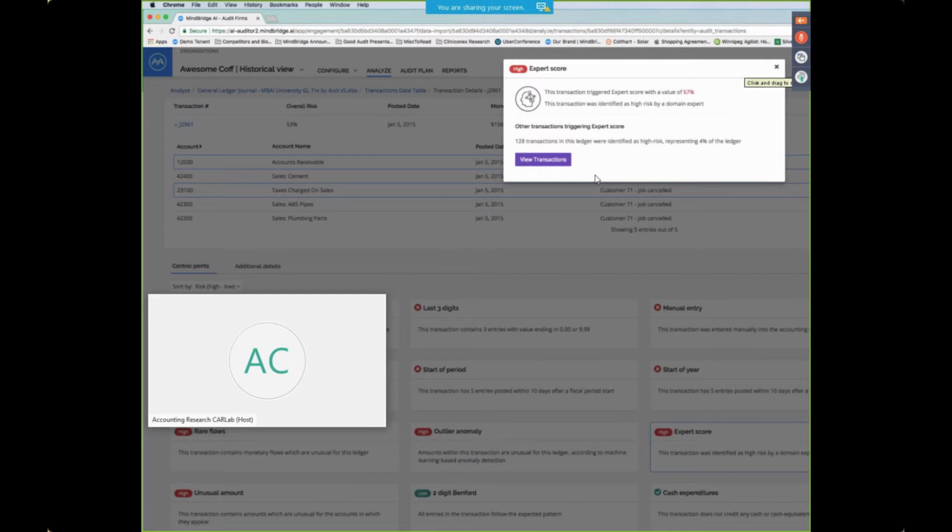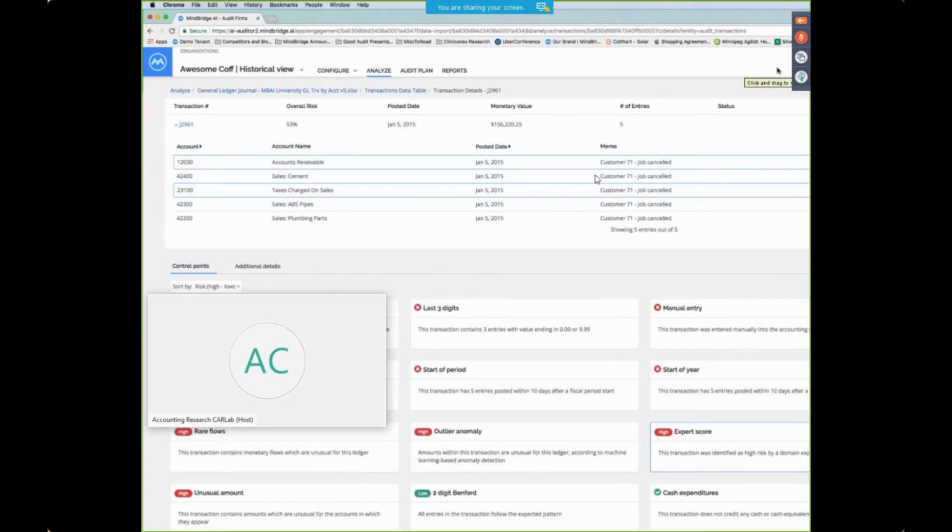So very quickly, depending on your role within the accounting profession and why it is you're looking at some of the data, this gives you as much context as it can as to what's going on within the solution, within the financial data, and the solution is trying to guide you to other things that are relevant and interesting. So that's a little bit about our expert score, something that is based on supervised learning techniques that allow us to continue to refine based on feedback coming from our experts that we partner with to design the system. Some of the other ones that are really curious to me are things like outliers and flow analysis